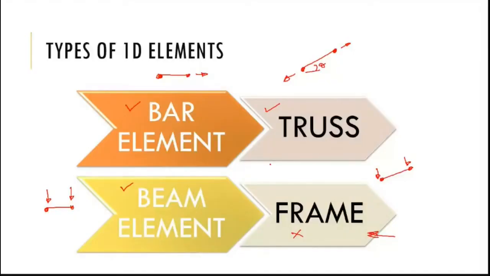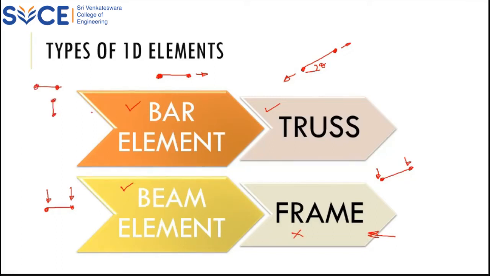For one dimensional, you have four different types of elements. The first one we call a bar element. A bar element will have only one displacement at the nodal points, so the force is always axial. The bar element you can consider either horizontal or vertical. In that case, we call that a bar element.